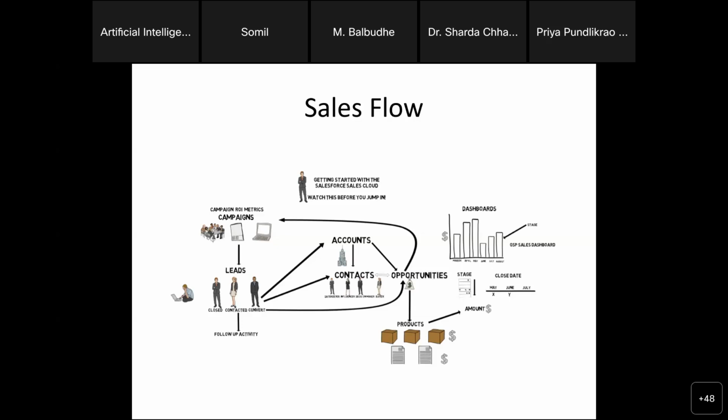So the first thing is that you have to market your product, or do marketing of your product. That is called campaigning in Salesforce. So you would be campaigning for your product. Suppose your new laptop is there. Your company is Lenovo or HP, and you have manufactured one laptop. So people should know about your laptop. What you have to do? You have to do marketing of your laptop. So marketing of the laptop means campaigning for that laptop.